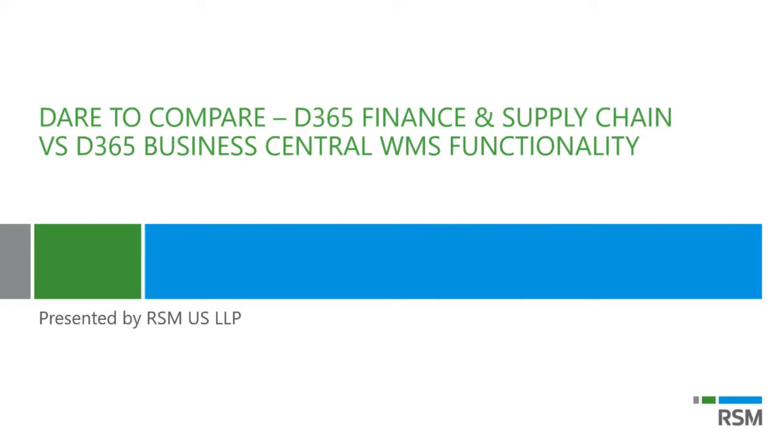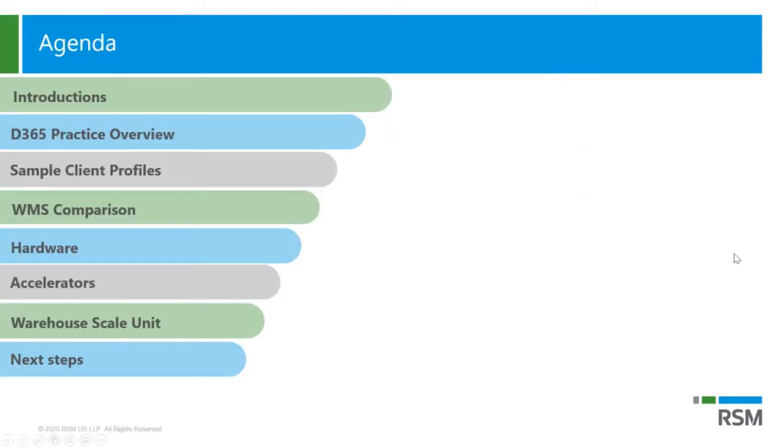To Compare, which is going to be a comparison of Dynamics 365 Finance and Supply Chain versus Dynamics Business Central warehouse management functionality. So we're going to walk through the agenda here real quick, and we'll get in